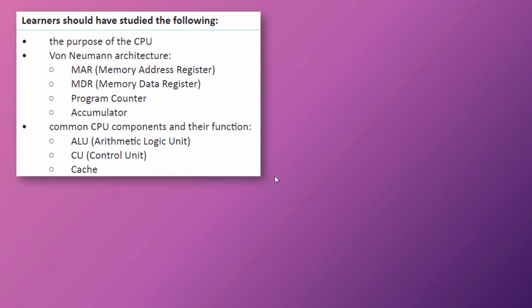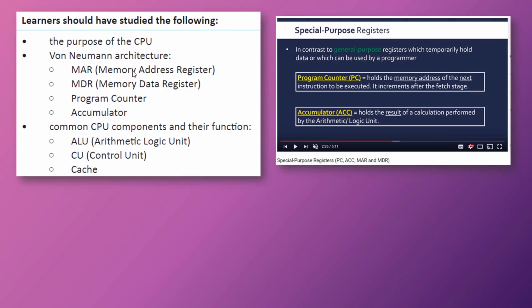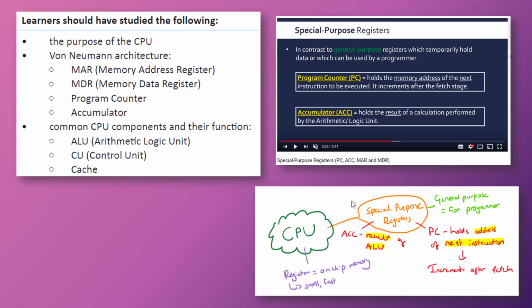So using that suggested workflow, which is of course suggested, you've got your points you want to cover. You find the corresponding videos for those points. So you've got the special purpose registers video here, which covers these points here, and there'll be other videos that cover the others as well. And then you convert this into a mind map potentially, so the CPU being kind of a central point and branches coming off it. So the other aspects of the CPU you need to know about, like the bottom stuff here, the components, might have a different branch.